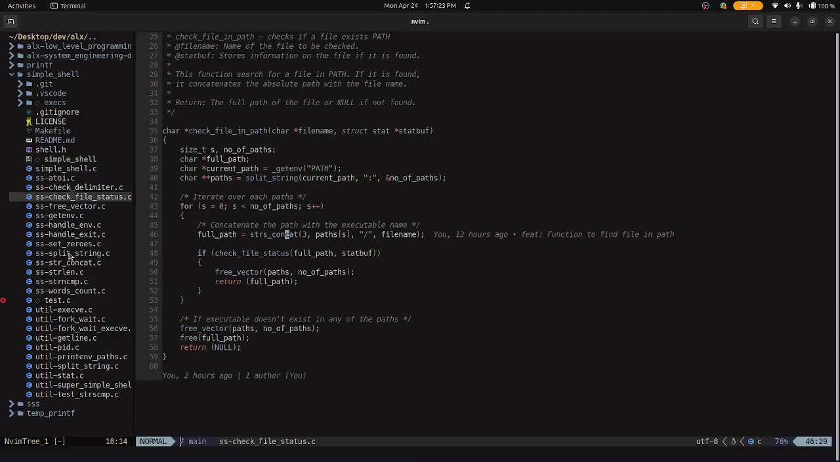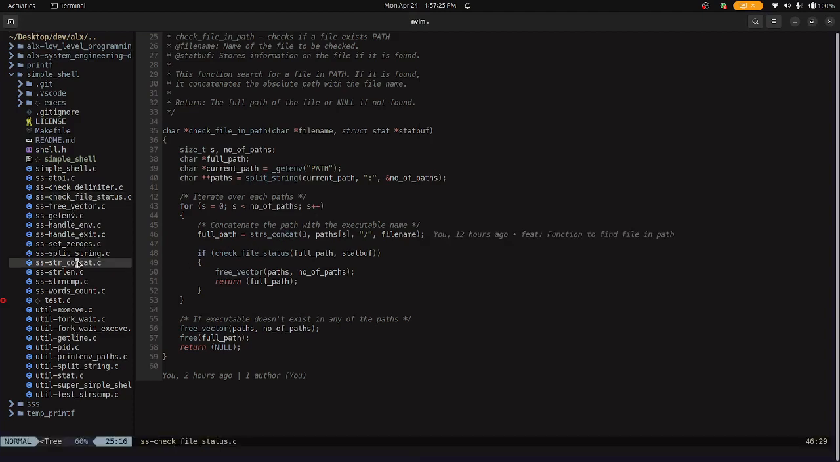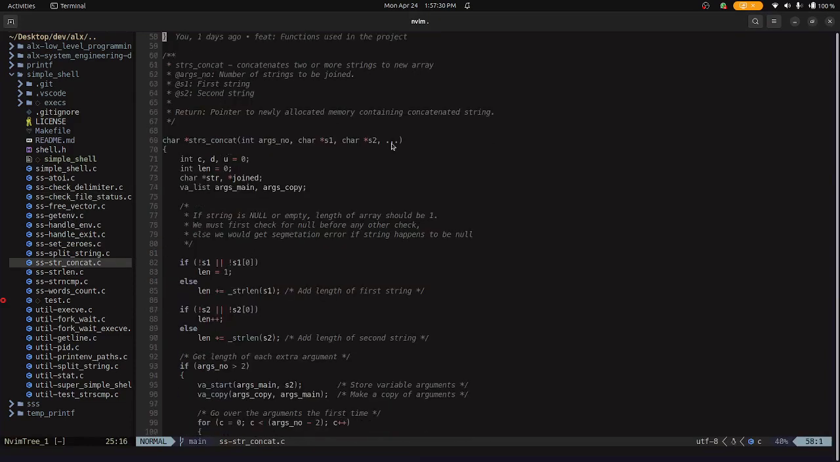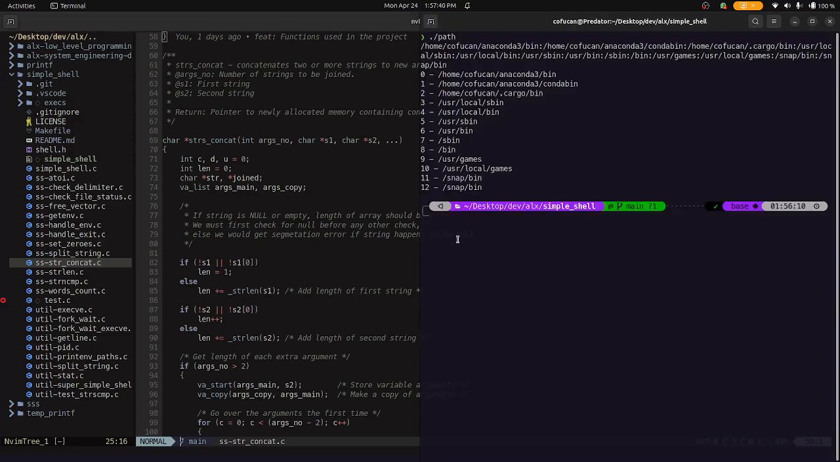If I go to str concat, that's why it took me time. I made it a variadic function, so it takes in multiple arguments. The way I wrote it, you can join 10 strings, 15 strings, 20 strings, any number of strings. The reason I did this is because